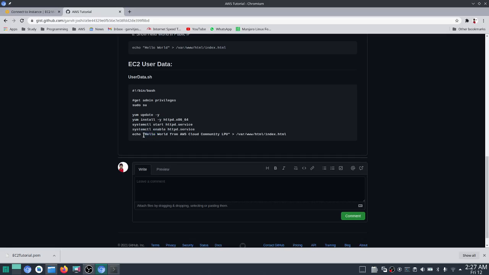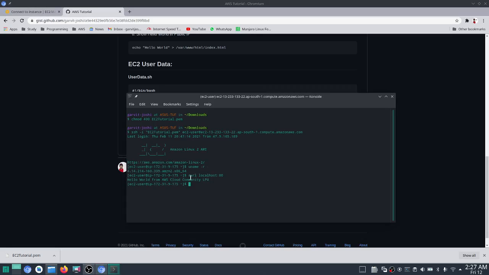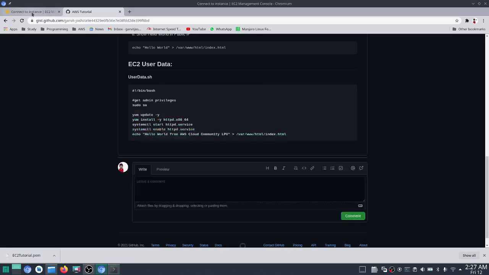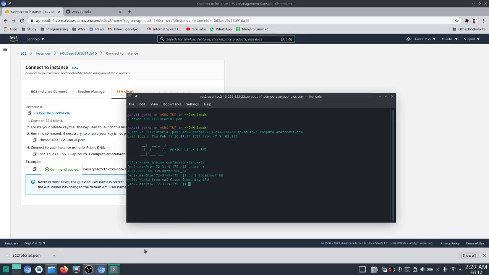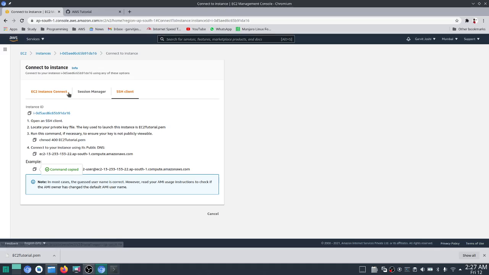So this was the command, and we can see that on port 80 this has been deployed. Now I'll show you how to log out. We can just type logout and we have been logged out.